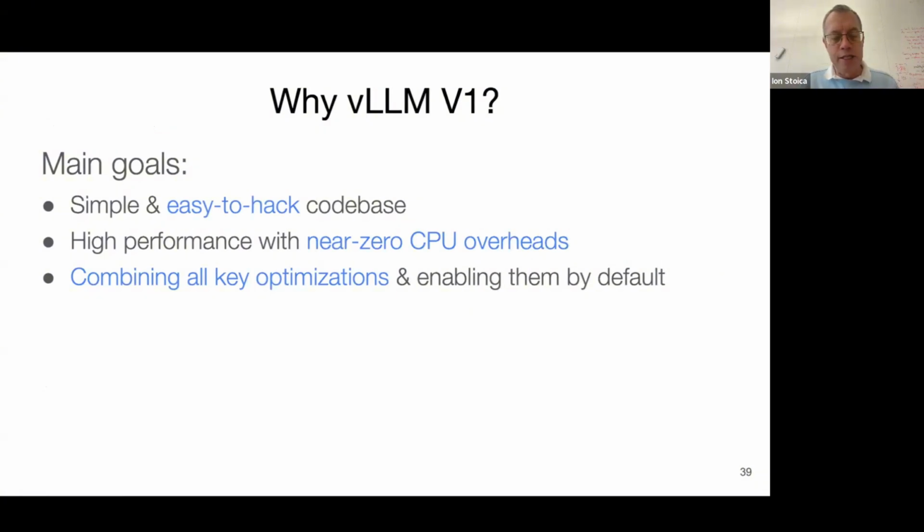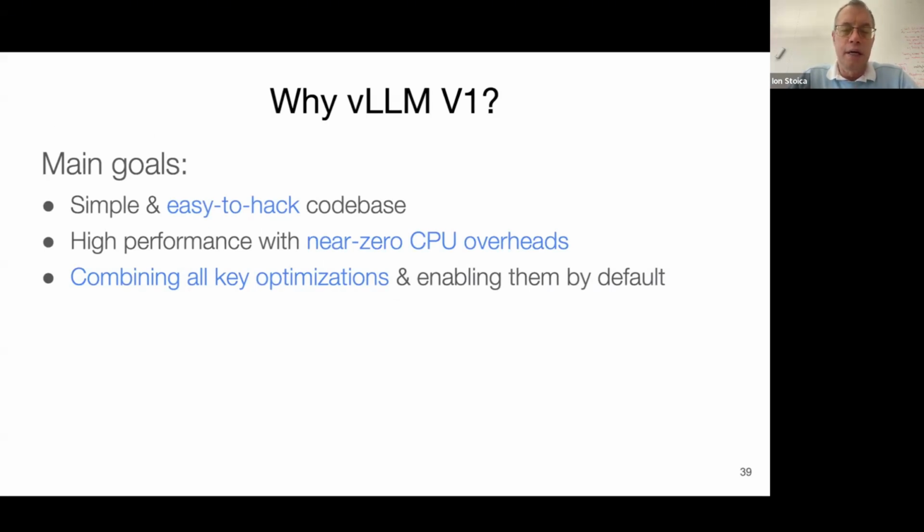A lot of things change. A lot of your assumptions may be invalidated. Things you never thought of, you didn't anticipate, you have to implement. So the code is growing. You accumulate a lot of technical debt, right? So the main goal with this V1 re-architecture is to make it much simpler and easy to hack the code base,